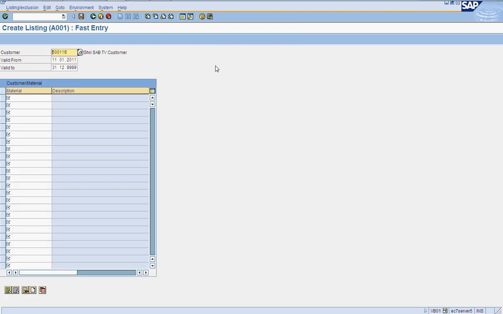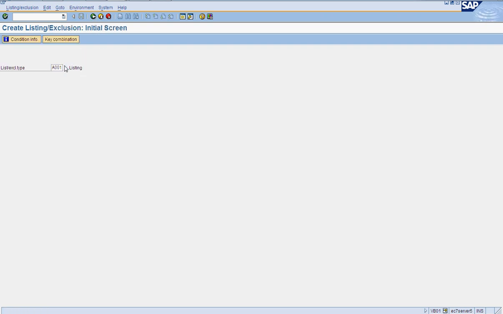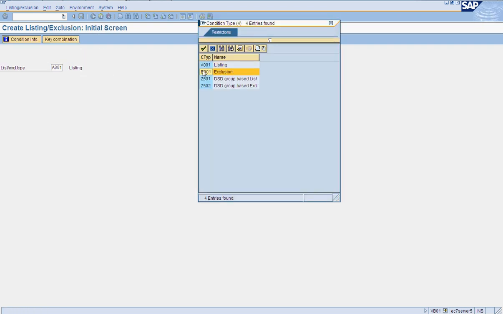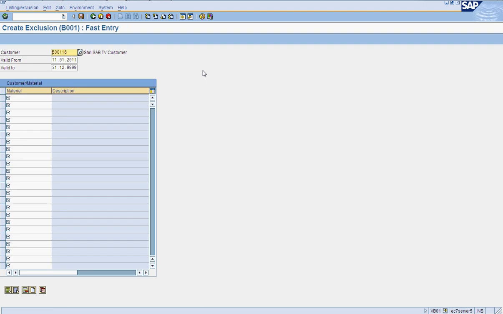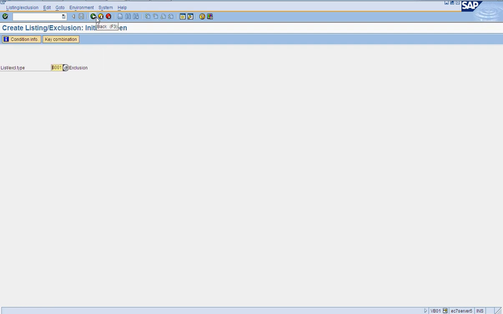So the customer is allowed to buy, say, 30, and exclusion means he is not allowed to buy certain things. So I will say this customer is not allowed to buy 32 material. So we have created listing and exclusion for this material.